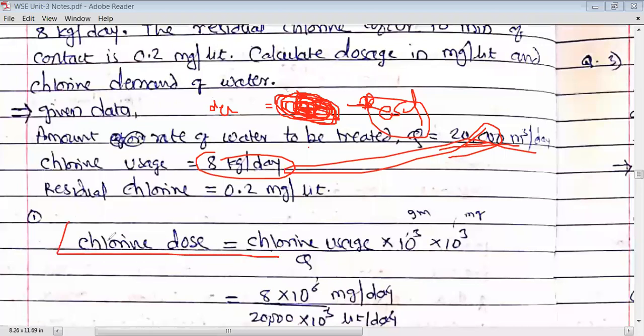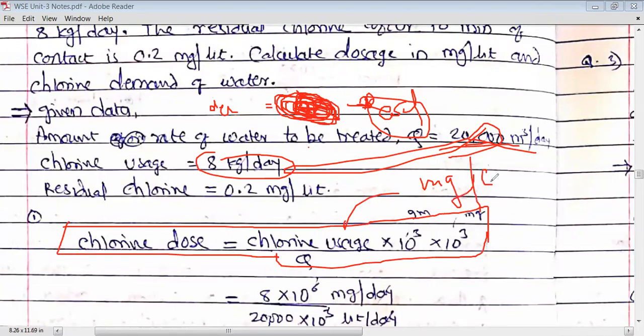हा फॉर्म्युला पण लिहून घेतलेला आहे. Chlorine dose is equal to chlorine usage divided by rate of flow. Okay, so write down there chlorine dose is equal to, now what is chlorine usage? Chlorine usage should be in mg per liter. हे आपण त्या ठिकाणी काढायचंय, कन्वर्ट करावं लागेल आपल्याला. क्लोरीन युसेज जो आहे it has been given as 8 kg per day, right. So let us convert that into mg per day. ओके, mg per day मध्ये आपल्याला ते कन्वर्ट करायचं आहे. ठीक आहे,